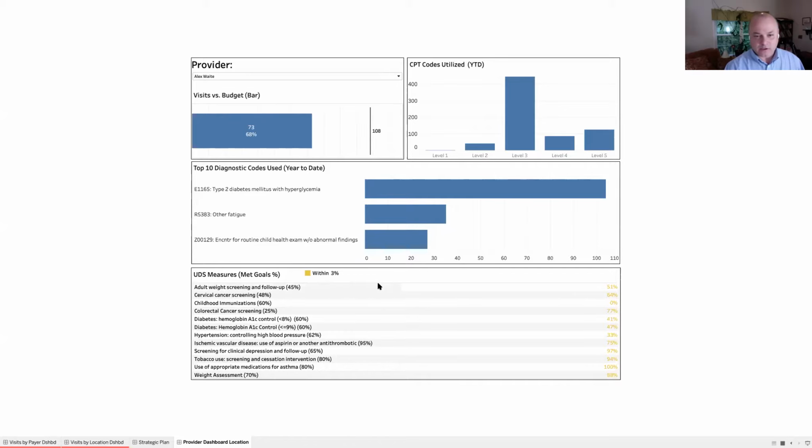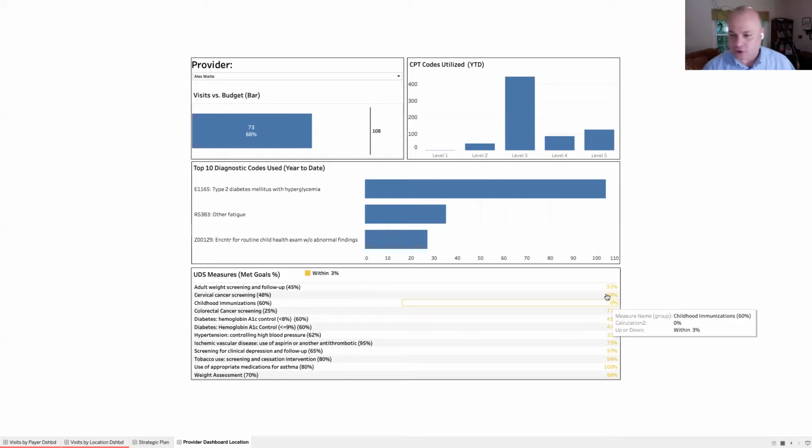And then the bottom one is what we call UDS, Uniform Data Set. These are the federal government's clinical quality measures that they set for us every year, saying we expect you to meet a certain percentage goal with all the patients you're seeing. Like I said, this is not working, but this section of the dashboard has all of the quality measures, the internal organizational goal, and where this particular physician falls. Then we can change the range around that goal. This should be doing red, green, and yellow, which I know is not the best for colorblind people, but